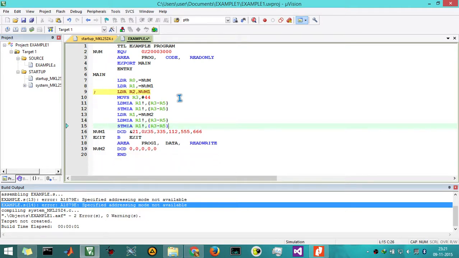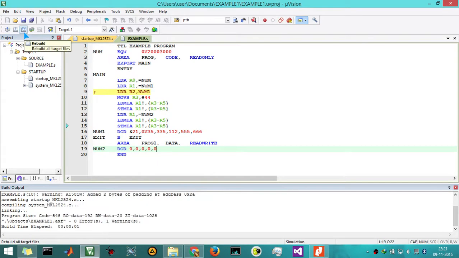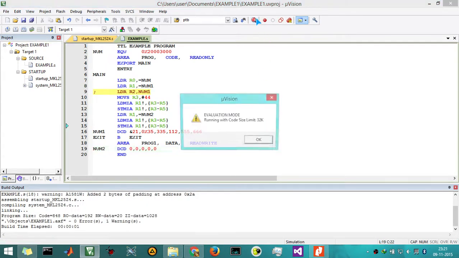So this is the end of our program. I am just trying to illustrate the use of LDMIA and STMIA in different contexts. Now we have two different contexts. One is writing data into the read-only memory, and the other is reading from the random access memory for the very first time after dumping the program. I am going to show you how it is going to be executed now.